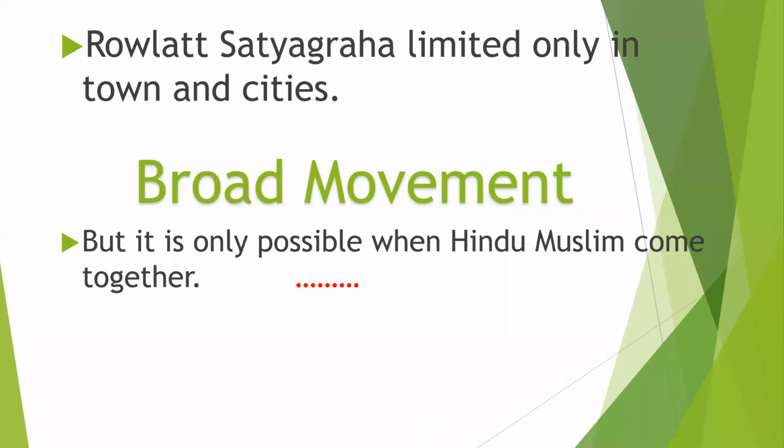उस वक्त ब्रॉड मूवमेंट स्टार्ट हो सकती थी। But dear students, in 1906, सबसे पहले थोड़ा सा 1857 की बात कर लेते हैं। In 1857 maximum people participated in it, that's why it was the first independence movement. It doesn't matter that it failed, हम उसके बारे में बात नहीं करेंगे। Second most important thing, the British government knew that this was done only due to the unity of Hindus and Muslims. That's why they started the divide and rule policy, जिसकी वजह से हिंदू और मुस्लिम आपस में अलग हो चुके थे।